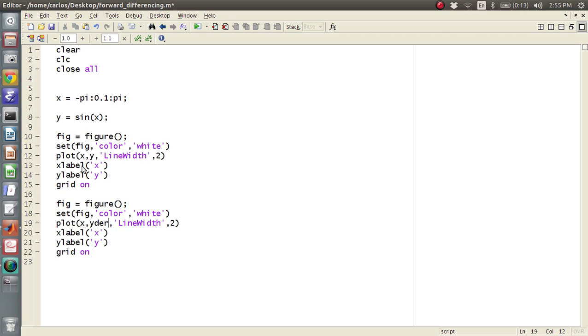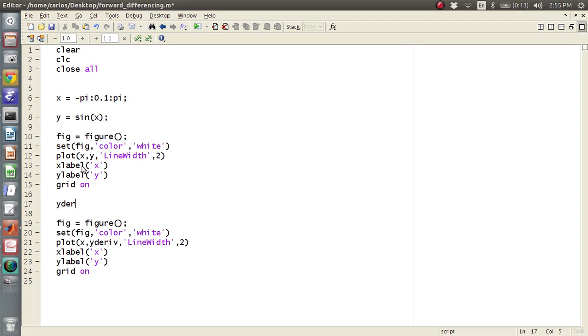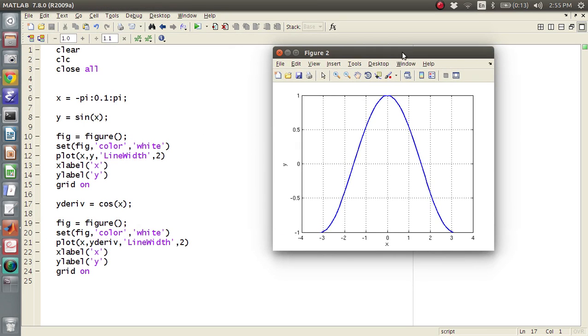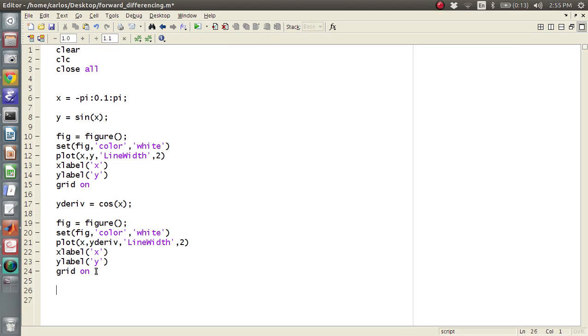And I'm going to do y deriv. And y deriv is equal to what? Well, it's equal to the cosine of x. So then here's my cosine of x function. Okay, so now what I want to do is use forward differencing to compute the value of